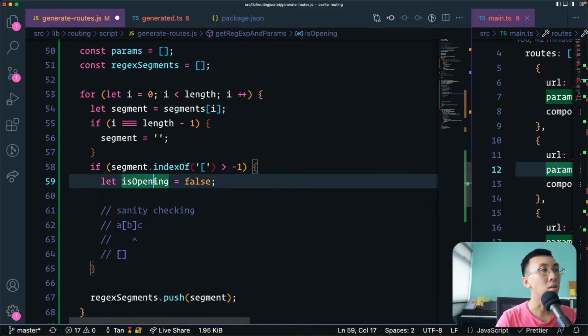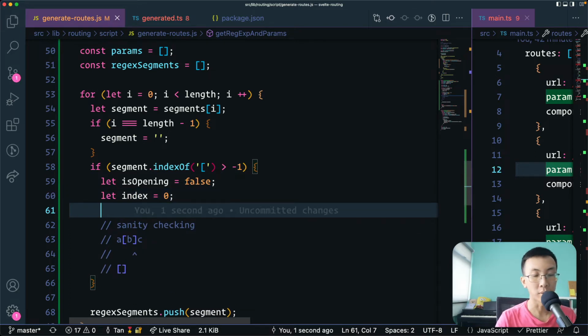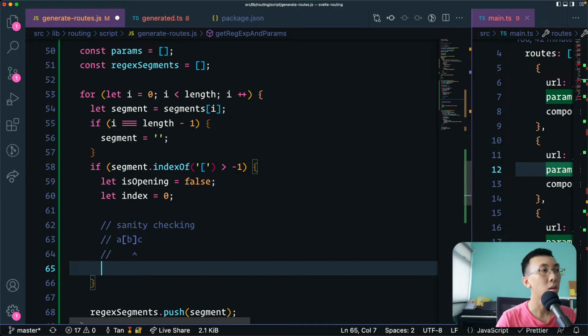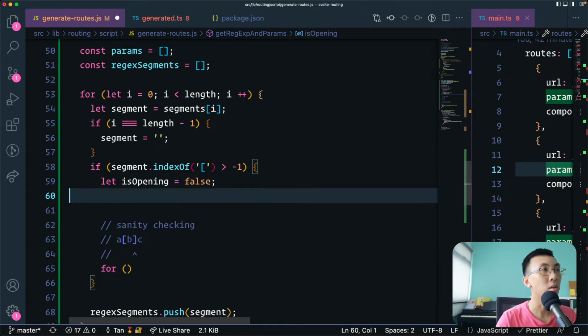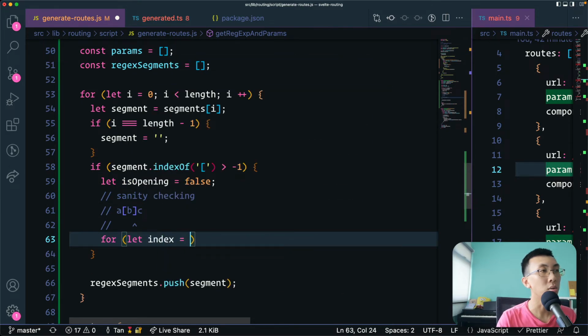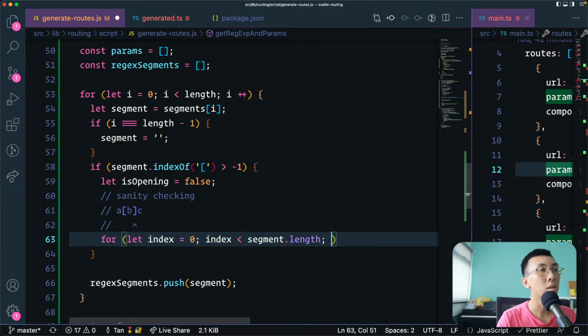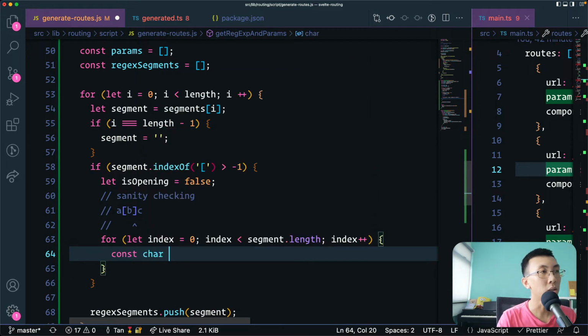And then of course we have our index equals 0. Then we have our loop to do that. For index equals 0, index less than segment.length, index++. So the character equals segment[index],